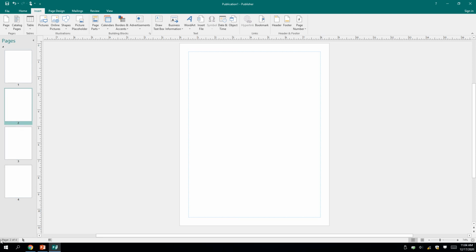You'll notice what page you're on by looking in the lower left-hand corner and it says page 2 of 4, and it's also highlighted with a green border. If I click on page 4, you'll notice it now says page 4 of 4 and page 4 is highlighted. So to go back to page 1, I just simply click on page 1. That is the beginning